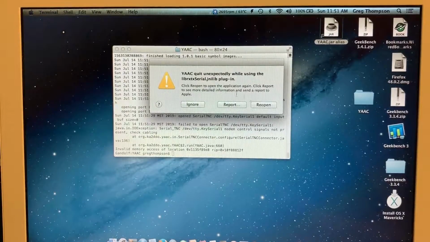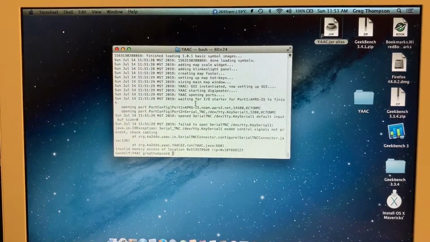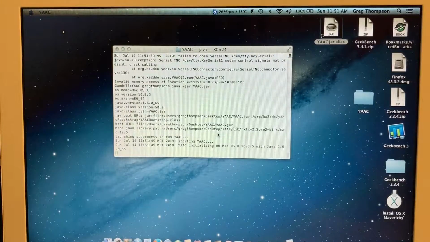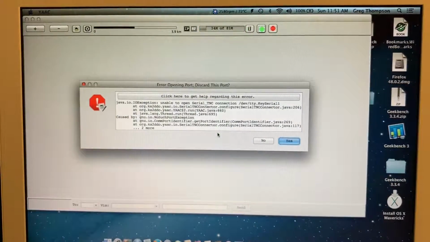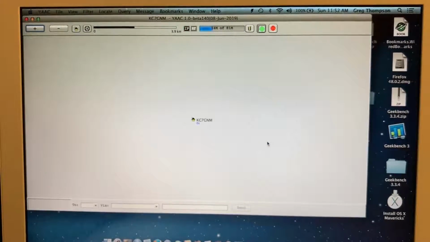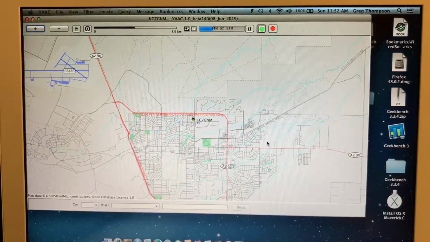Every time I have my radio hooked up to it, it stops. So in order for me to do that, I have to disconnect the USB, and I have to restart it again. So we're going to go ahead and restart it, and it's going to come up and say error opening port, discard this port. So we're not going to discard this port, because that's basically going to say discard the radio port. So we're going to hit no. Then we're going to plug in the USB